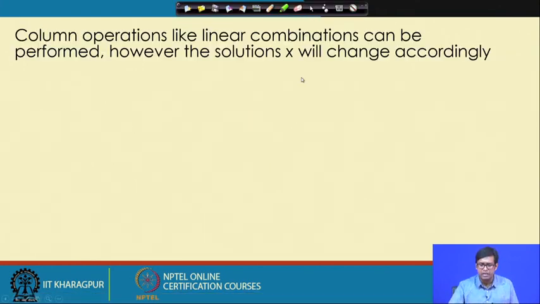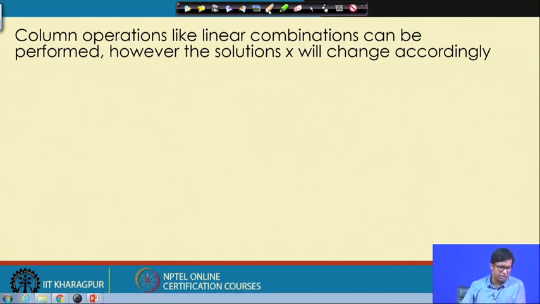Column operations, like linear combinations, can also be performed. However, the solution x will change accordingly. What is that? Let us see an example of a linear combination of the columns. We have a